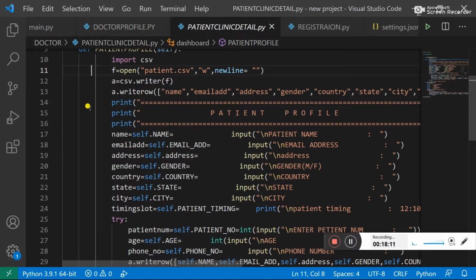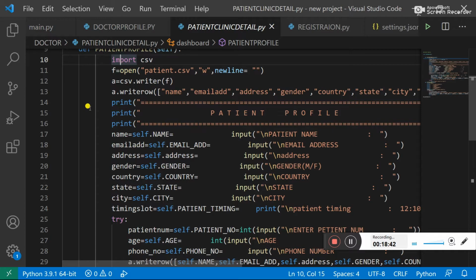In the doctor profile, we see the fields: clinic details, doctor profile, home, and patient profile. In the patient profile we want to see the patient data. So whatever data the patient enters in the system is read by the doctor by using the CSV file.